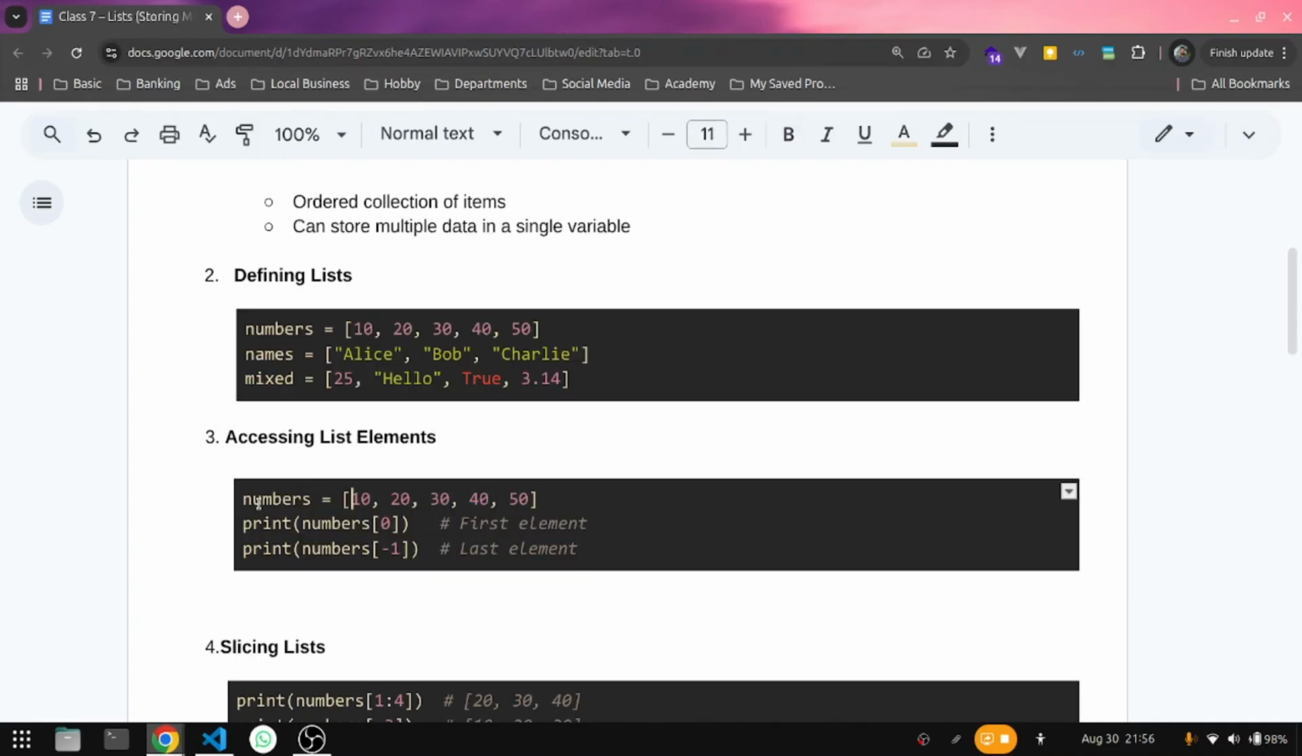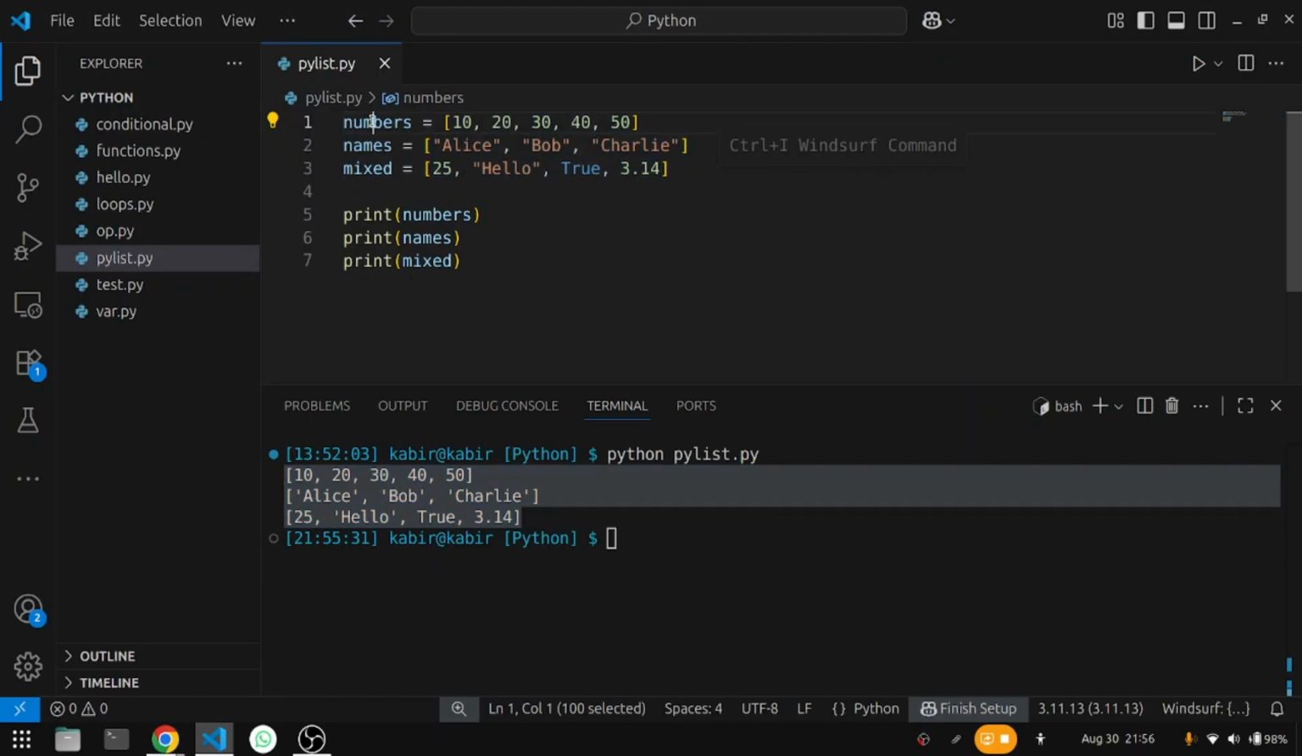In this example, numbers is a list of numbers, and here we are accessing the first element and the last element. In VS Code we have a numbers list as well. Now we want to access the first element, or first item, of this numbers list, and also the last element of this list. So how can we do it? Just print